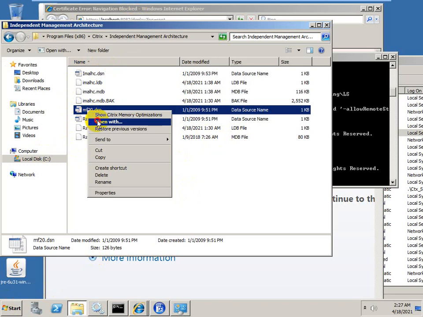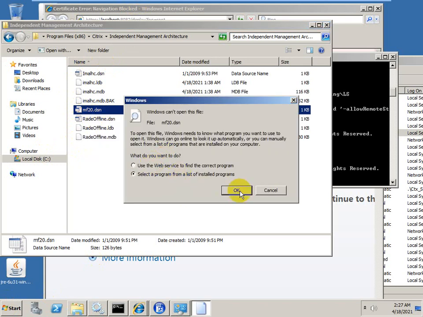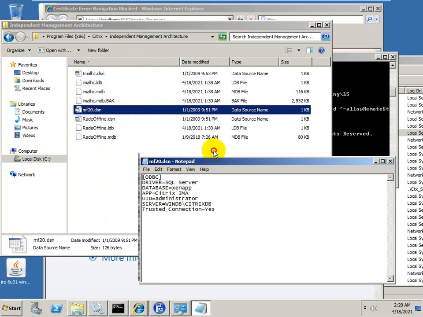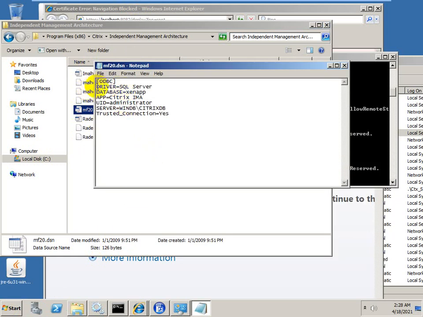So once I open this Notepad file, what will we get? This is XenApp. Database name is XenApp. Then the user ID is administrator. Server is WinDB, Citrix DB. WinDB is Citrix DB means.